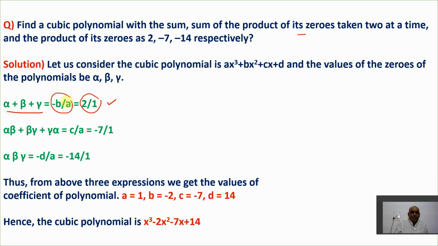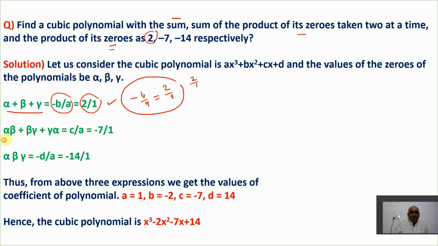So how does it become 2? Because alpha plus beta plus gamma is given to you as 2, right? What is this 2? This is a sum of zeros. So the sum is basically 2. Now you can say, sir, if minus b by a is equal to 2, then automatically 2 means 2 by 1. So I simply put it as 2, but 2 is the same as 2 by 1. So this is the form I have got, nothing else. This is right. In this way I have taken it like 2 by 1.